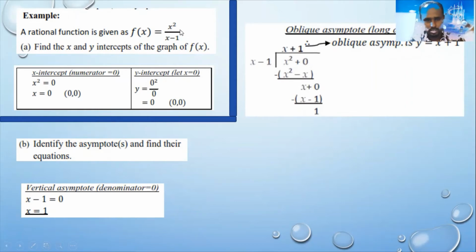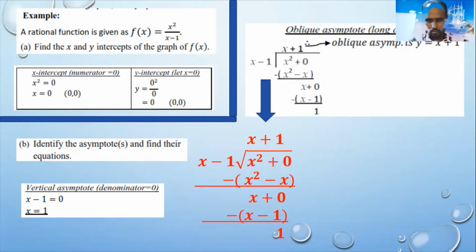That means whatever is in the numerator, x squared here, it will come under the division sign, right? Here it's x squared, then x squared divided by x minus 1. Why plus 0? Plus 0 means nothing. That means nothing is there, so that we can do the calculations here. Now, how we go about doing the long division, let me show you. Okay, first what you do, you choose a value,